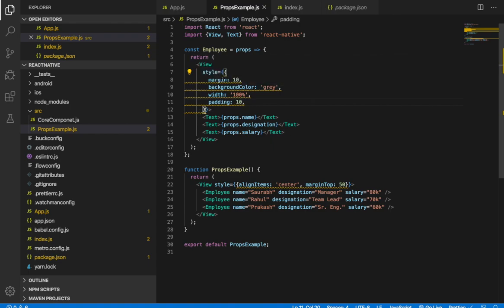Also, if we don't create our own custom component and keep using the same code again and again, our code gets larger, and it is not a good practice. So better is to create a custom component and use it at many places with the help of props.